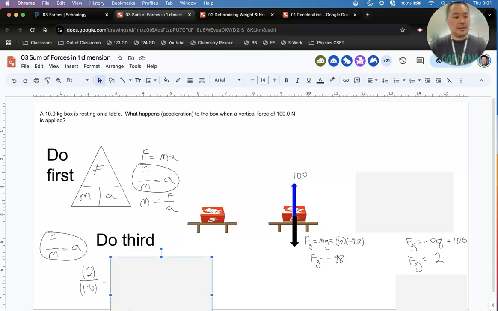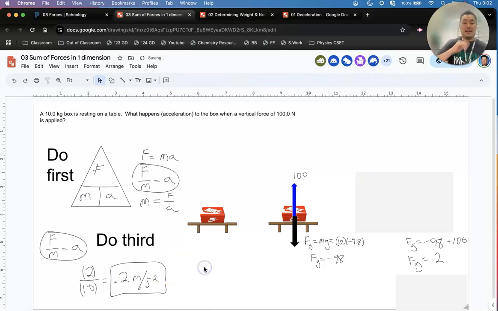Pedro Mendoza, what is 2 divided by 10? Period 1 did the same thing. What's 2 divided by 10? 0.2. And that's what's happening to our box. It is a slow acceleration of